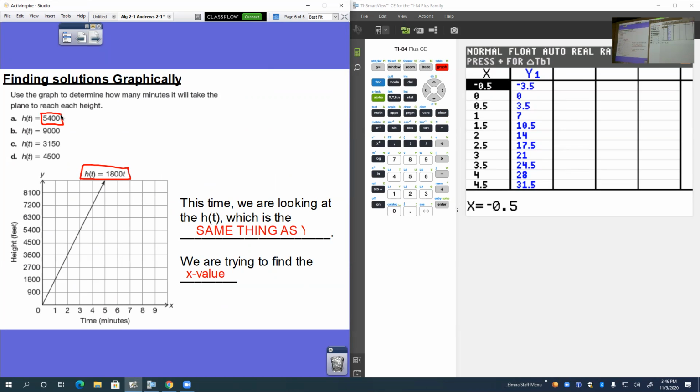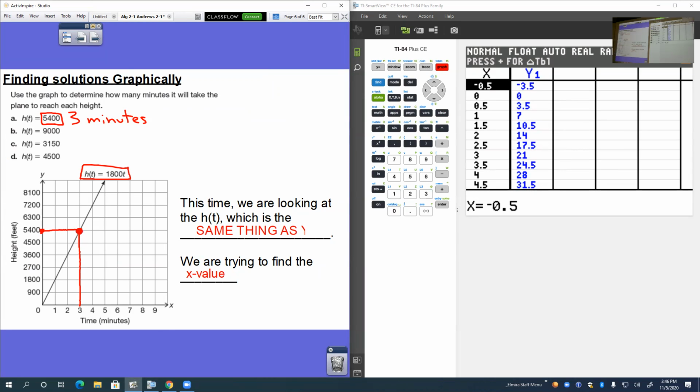to 5,400. Well, what I'm going to do is I'm going to go to my graph, I'm going to go to 5,400 and then go over. My graph for this hits right there. So if I go down to look at where it is, it's at 3 minutes. So you want to go to where 5,400 is, go to where 3 is, and see where they come together